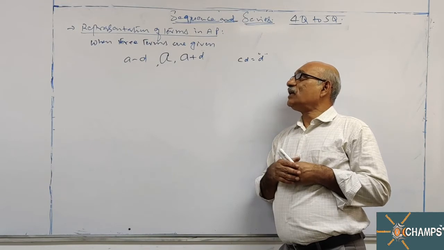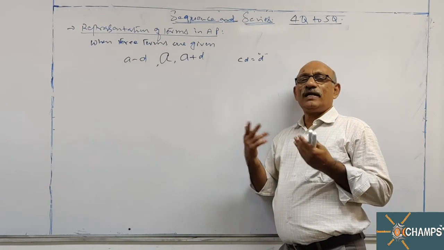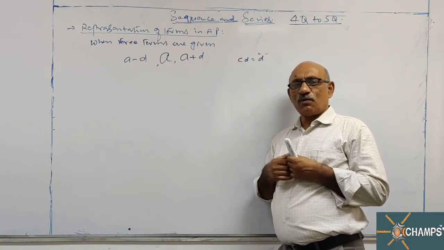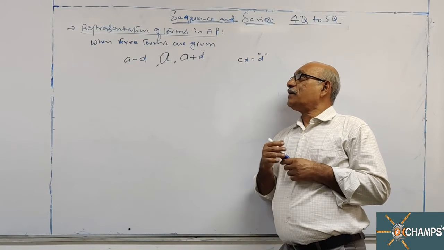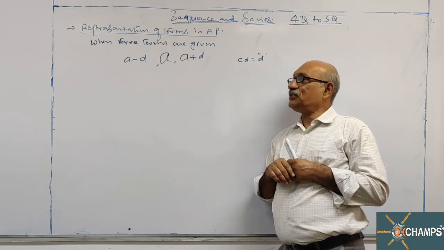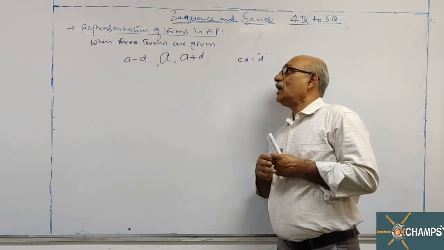120 means A is equal to 5, I'll get a negative value. So the product I'll take as 150. Then the D value is obtained when I want both to be positive. This way, using the given information, you can find the value of the first term and the common difference. Next.